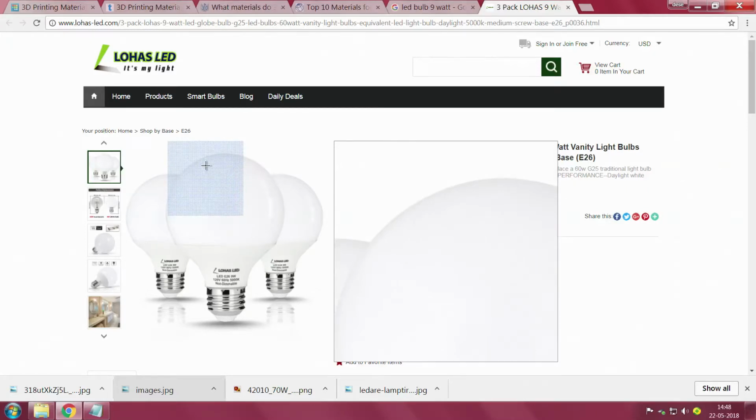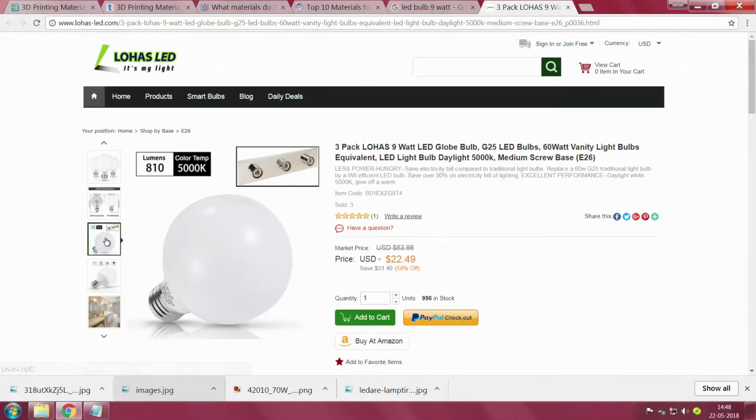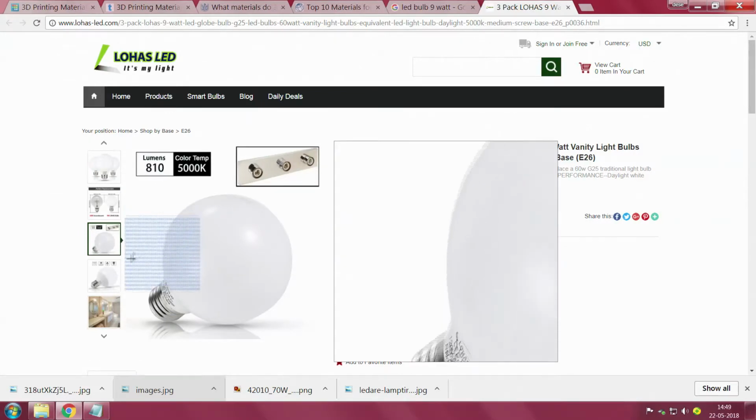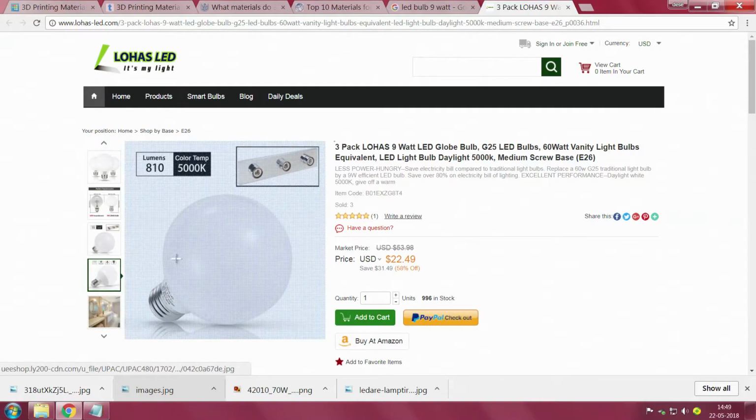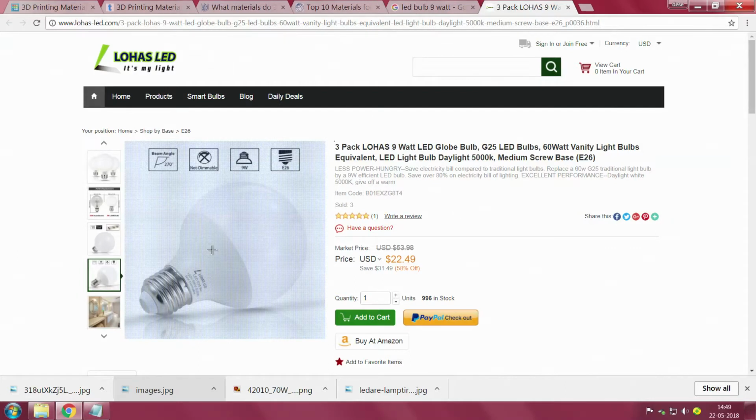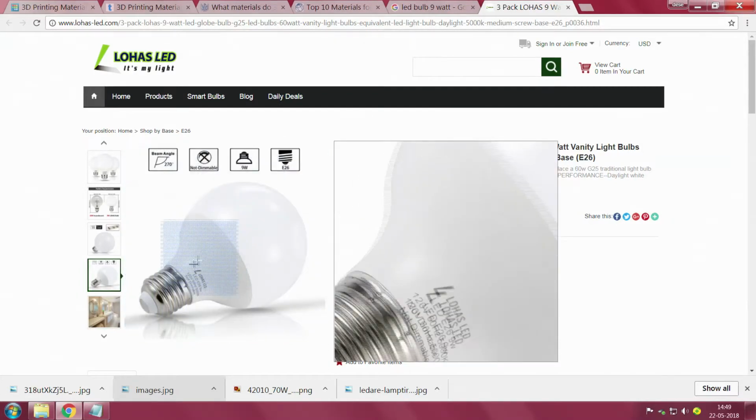The point I am trying to make here is you have different materials for different purposes here.